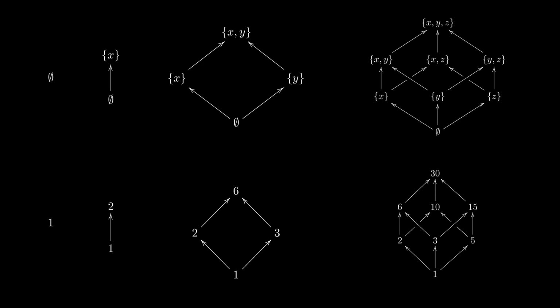And just to give you a few examples, you can see here on the screen in the top row, this is the partially ordered set of the set of all subsets of a given set. So for instance, all the way to the right, this is the set of all subsets of the set X, Y, Z ordered by inclusion. And at the very bottom right, you'll see the set of all divisors of the integer 30 ordered by